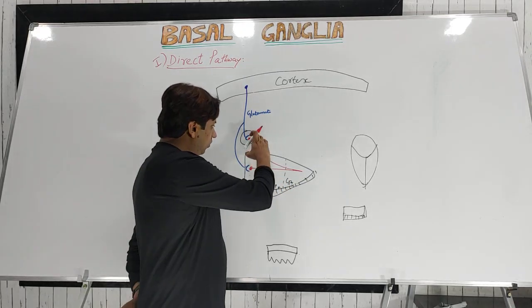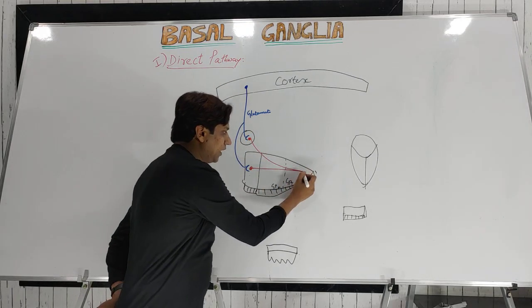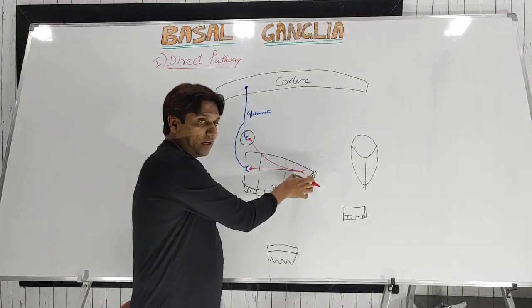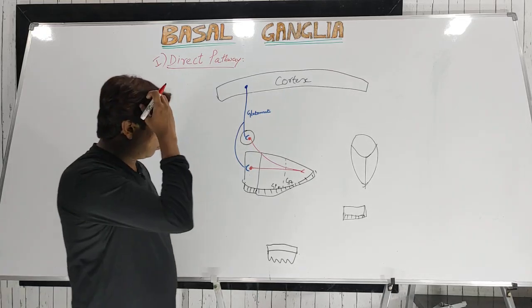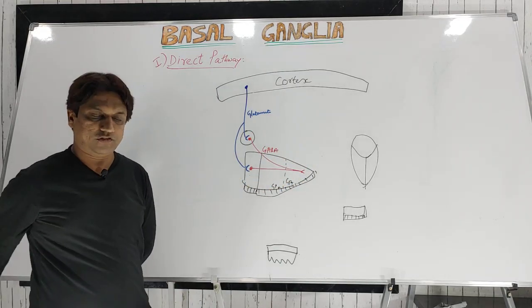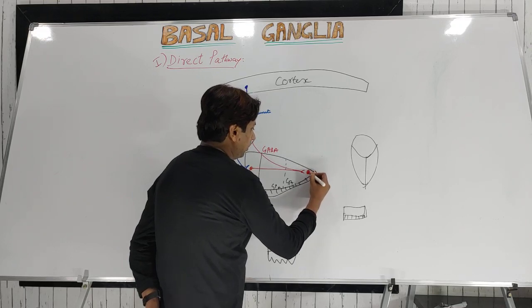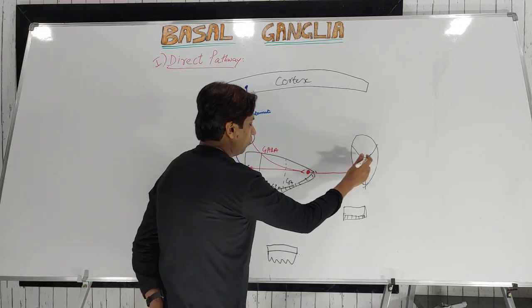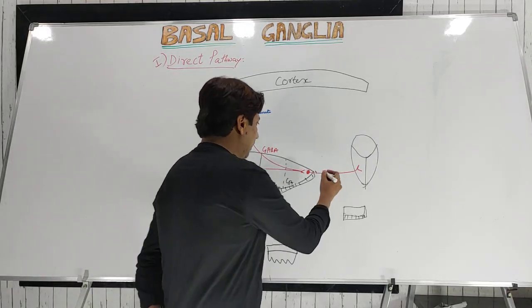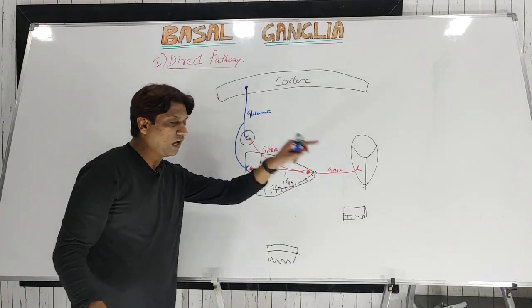This group of fibers originates from the striatum, that is the caudate nucleus and putamen, and terminates in the globus pallidus internus. Remember, globus pallidus internus here rather than externus in the direct pathway. Now the neurotransmitter in this pathway is GABA. Again from the globus pallidus internus, the connections go to the thalamus, more specifically the ventroanterior and ventrolateral nuclei of the thalamus. Again these are GABAergic neurons, that is, the neurotransmitter released at the nerve terminals is GABA.